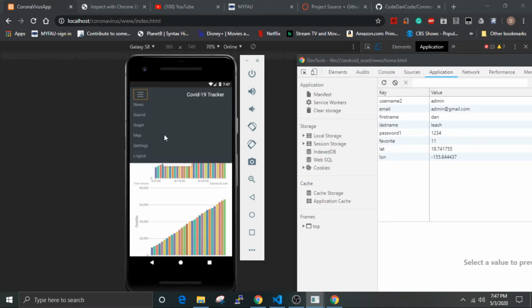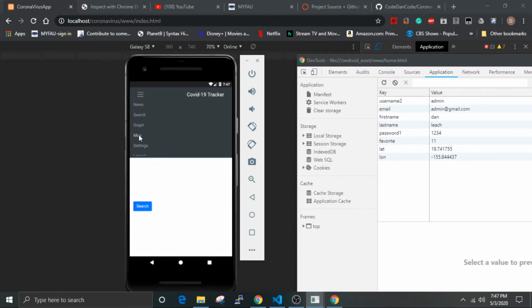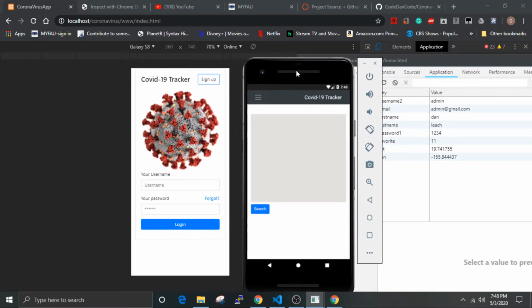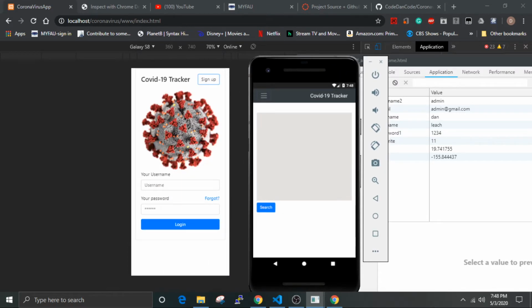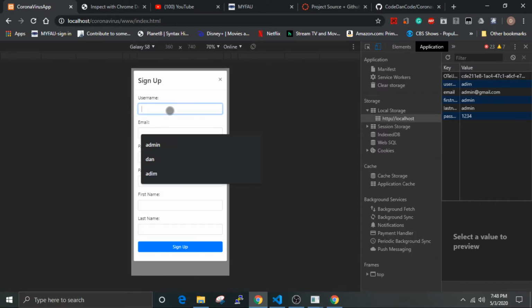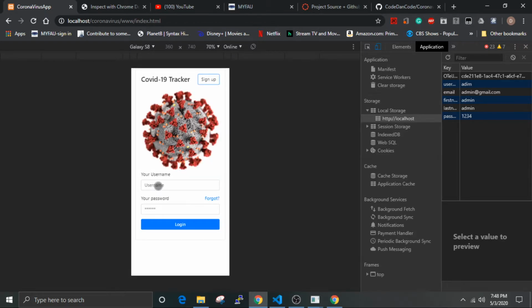The next part we have is the map, and the map is not going to populate on the emulator for some reason. On load, the map just does not want to do that. It just doesn't work like that. So instead, I'm going to show how it works on the web browser, just to show that it works. On an actual device, it does work. So here, I already have a user in here, so we can just sign in as admin,